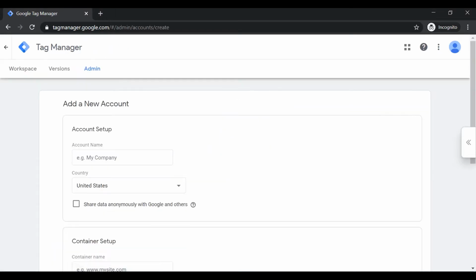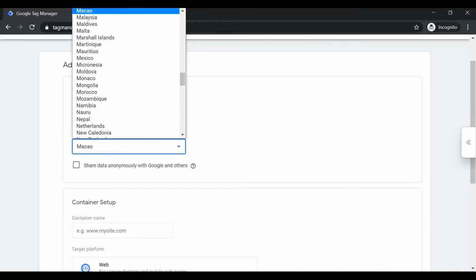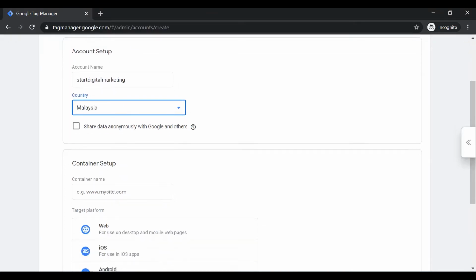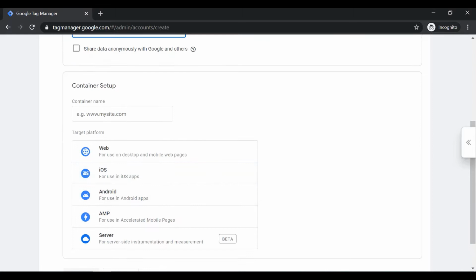Select Create Account. Let's name the account. Select Country. Click checkbox if you want to share data anonymously. Then we need to name the container.